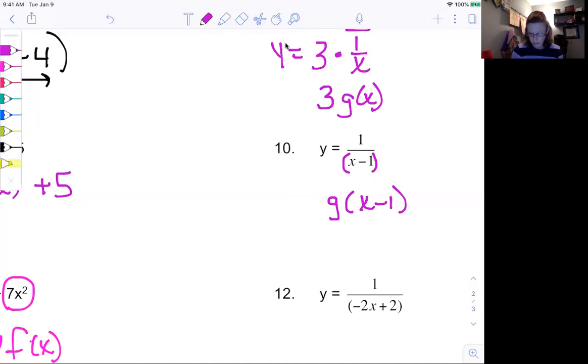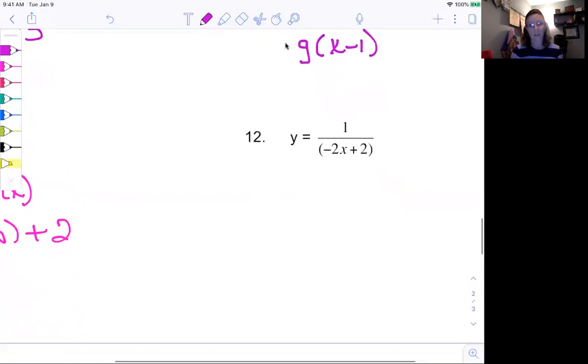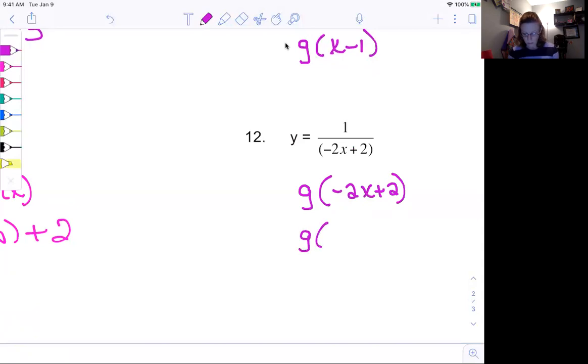And then applying that same fact to number 12, again, notice there are parentheses grouping that denominator together. Anytime it's grouped with x, it affects x. So it's in fraction form, and then negative 2x plus 2. So g means I'm using the 1 over x function, and then it's affecting x, so I would have that negative 2x plus 2. We could also pull that negative 2 out